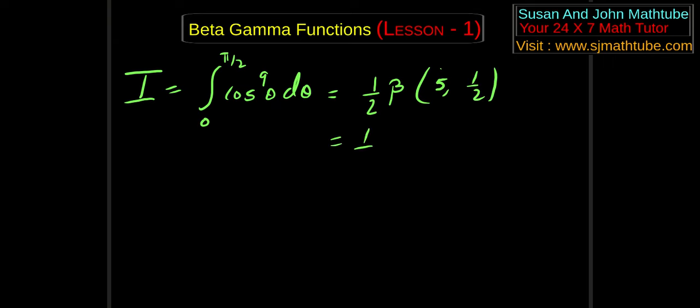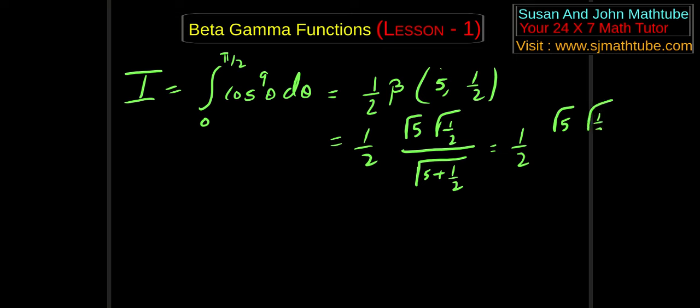And then we convert this into gamma function, gamma 5, gamma 1 by 2 by gamma 5 plus 1 by 2. And that will be 1 by 2 gamma 5, gamma 1 by 2, the whole divided by gamma 11 by 2. And that gives me